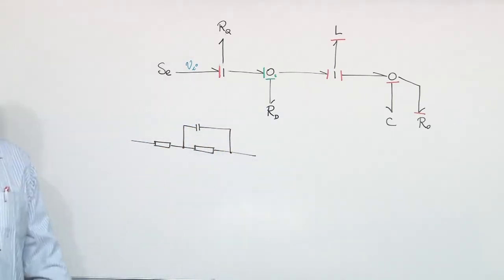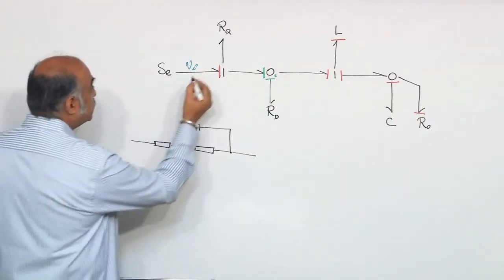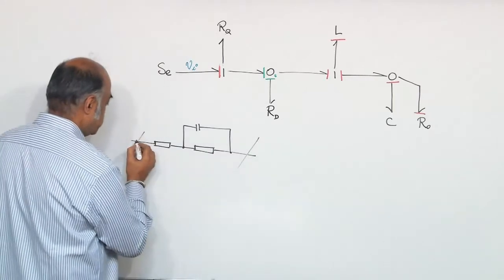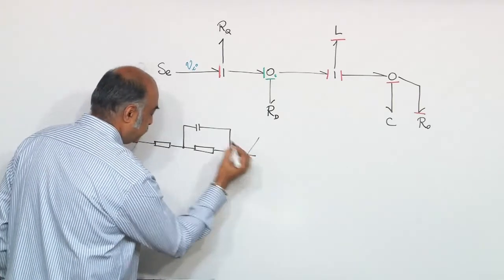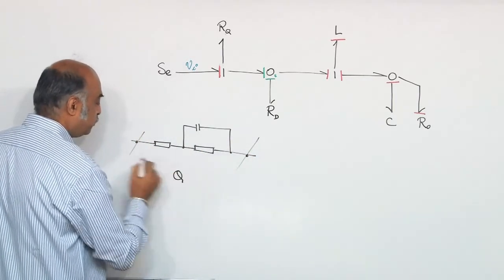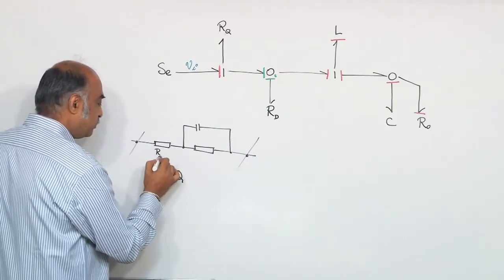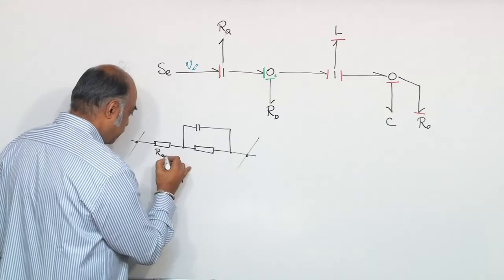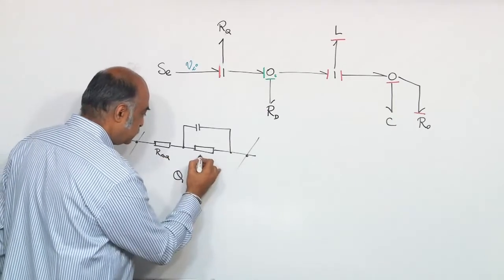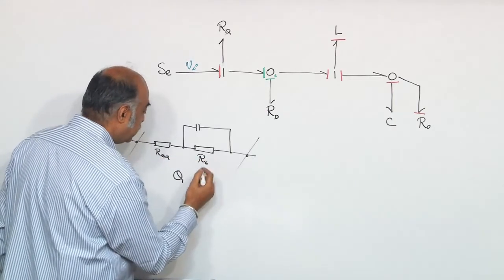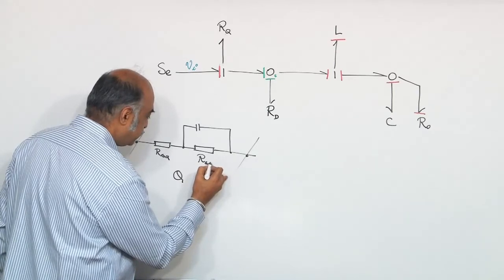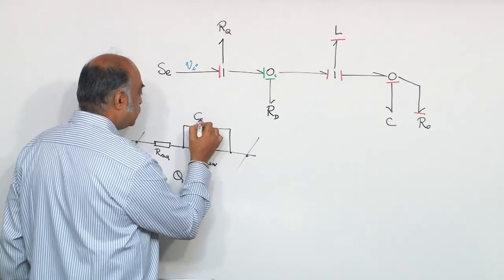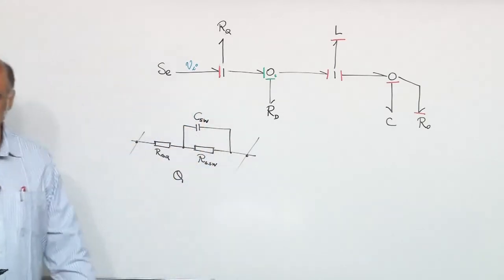This is an active switch, with the switch terminals Q. So, this will be some small impedance. Let us say this is the switching impedance. This is a macro model,